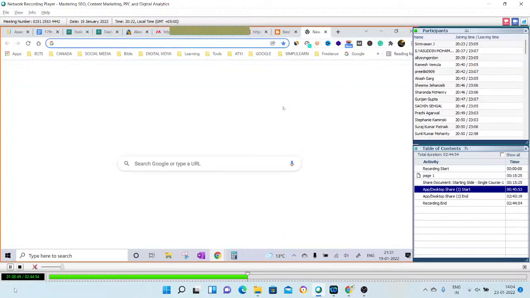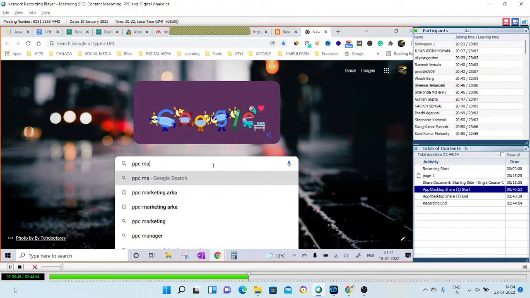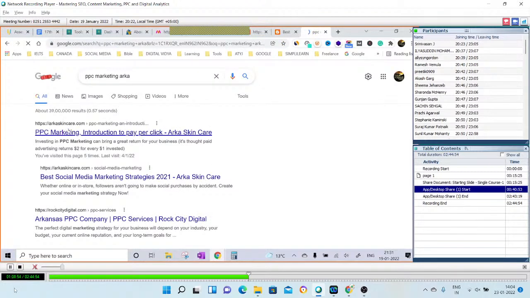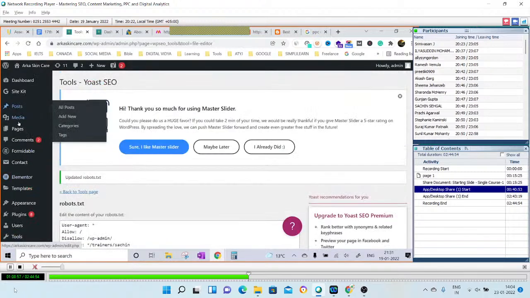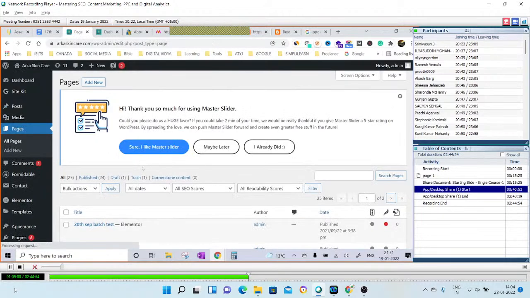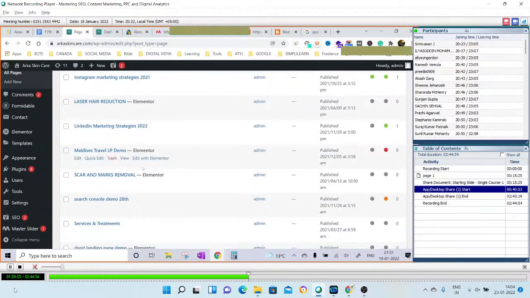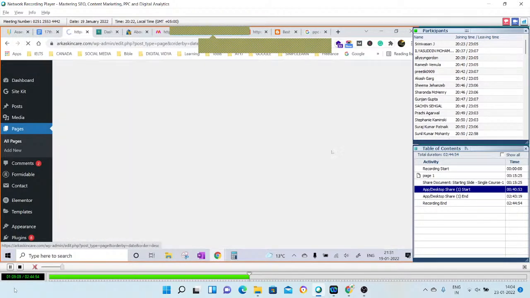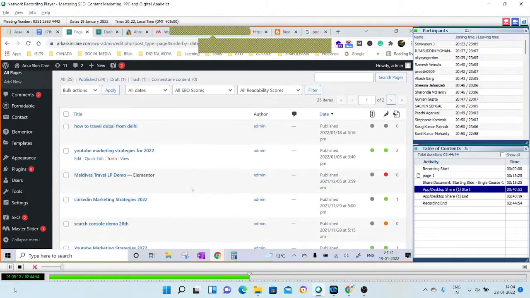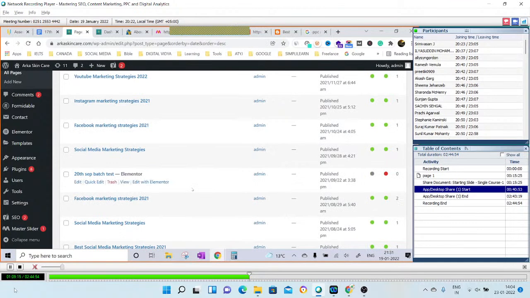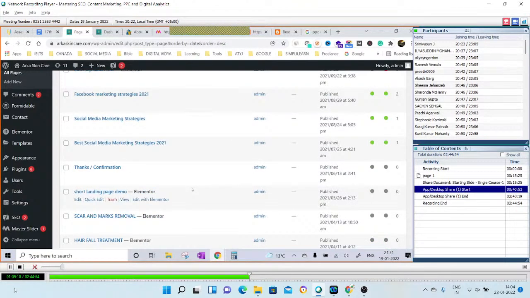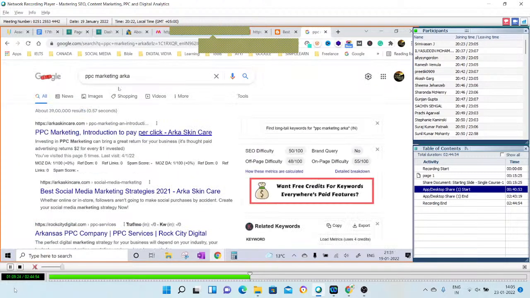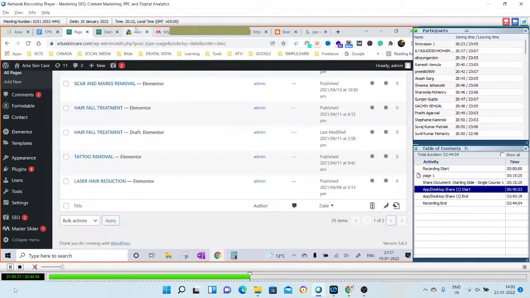Just like if I go on Google and type maybe PPC marketing Arka. From the Arka Skincare family, where all the pages have shown up, the PPC marketing page must have been made by me only for a test and all. So the page will be there. That's why it is showing anyhow. It will just stop the crawler from seeing and making a copy of it, then indexing it and then giving it a ranking in SEO results. The whole mechanism which we studied. But generally, if anybody reaches my website, the page is there.